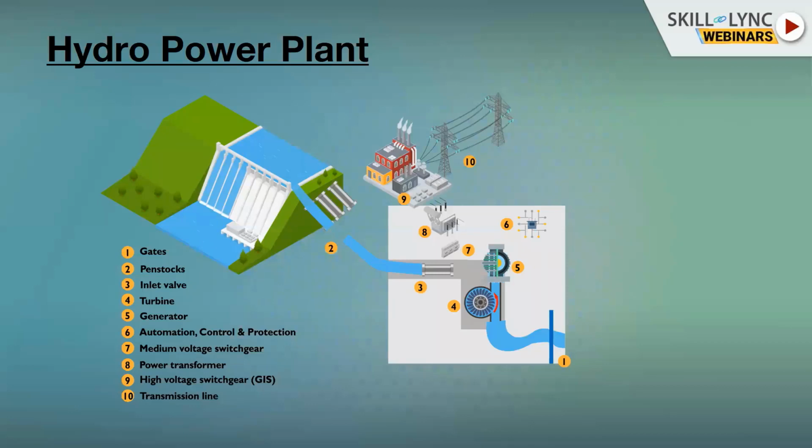And the next one is the power transformers. Through the transformers, if you are producing some 11 kilovolt, that is converted into 33 or 133, and that is transmitted to a longer area. And the next one is the switchgears, and the transmission line has been shown in number 10 and also in number 9.